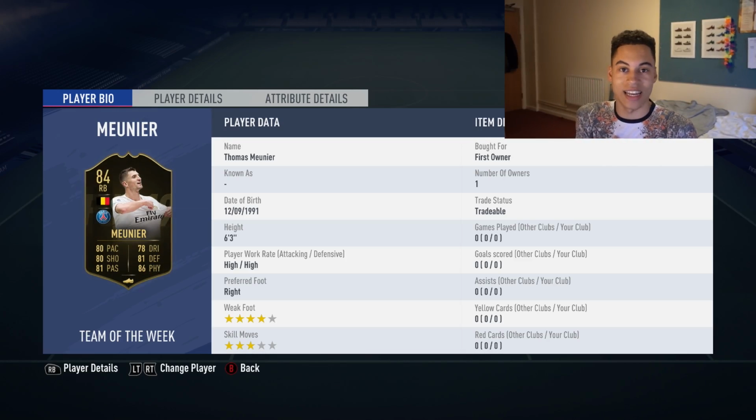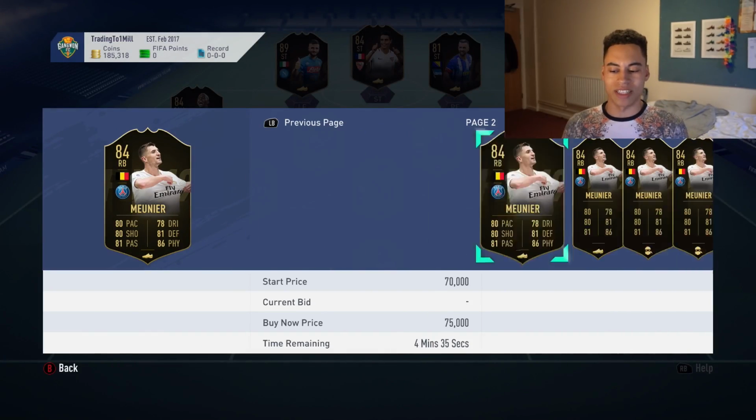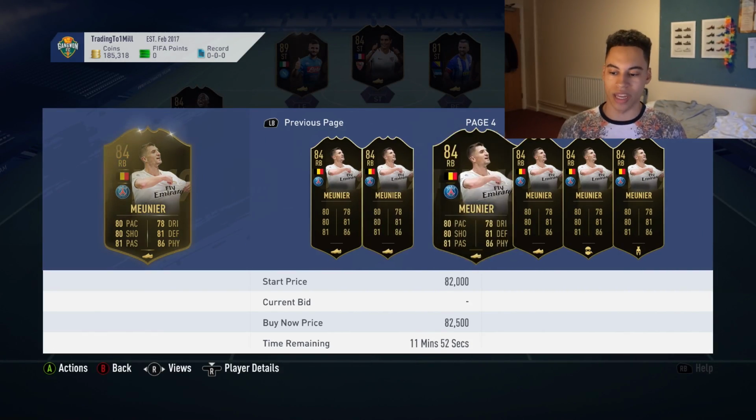So basically, this card will rise up when people are realising it's Hazard Player of the Month. People will just buy the card in the hype. People will buy this card anyway because he has good stats, 84 rated. On the market now, he's about 62, 63,000 coins. So if you could pick him up maybe 60k on a snipe or on a bid, I'd say that's a